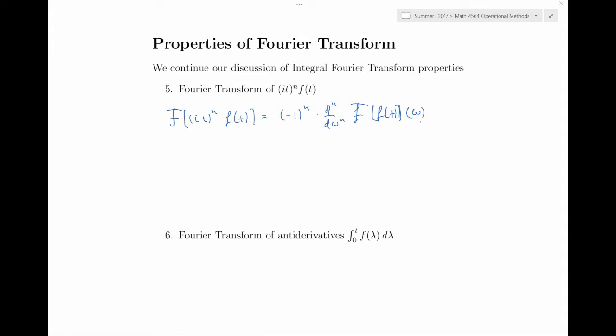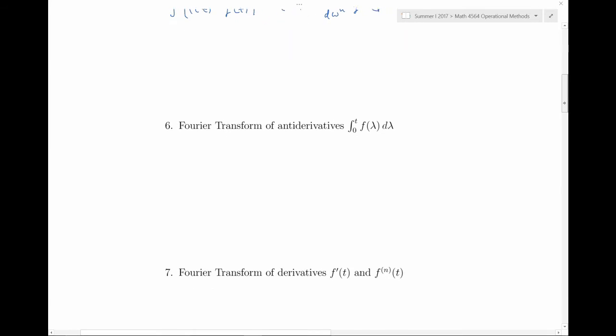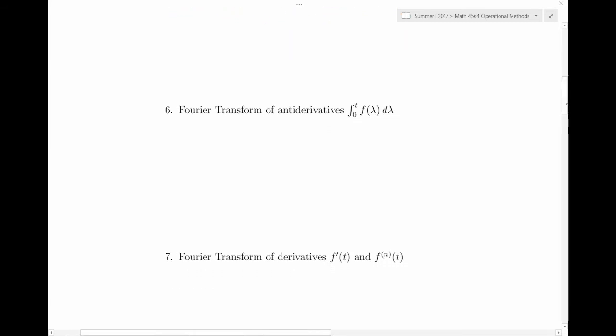Just as in the case of the Laplace transform, the formula can be derived by starting on the right-hand side and differentiating the Fourier transform several times. The formula for the Fourier transform of the antiderivative is very similar to the formula we have for the Laplace transform. So if we try to find the Fourier transform of an antiderivative of f, this means that we're trying to integrate the integral